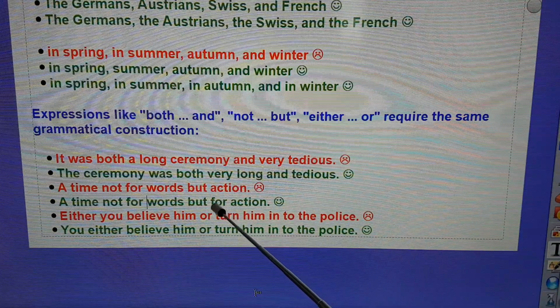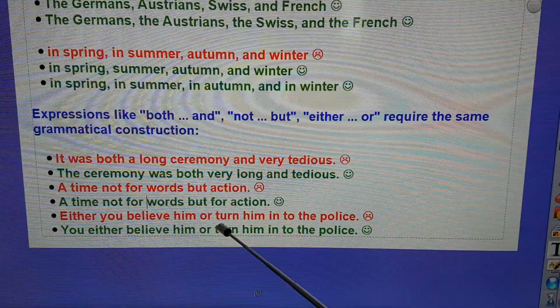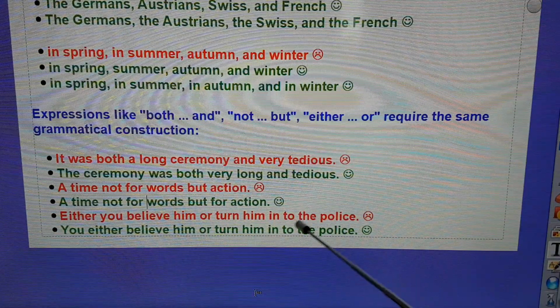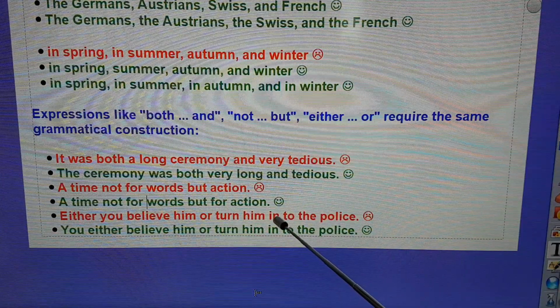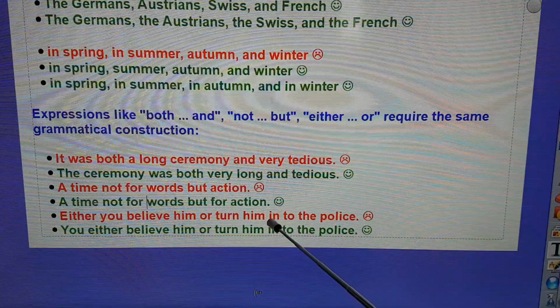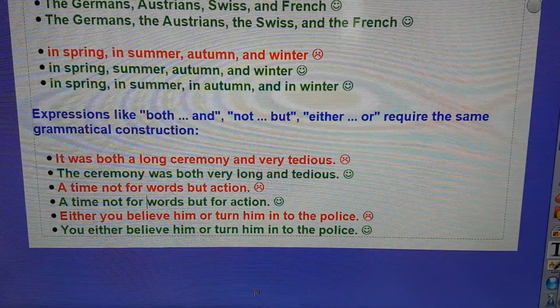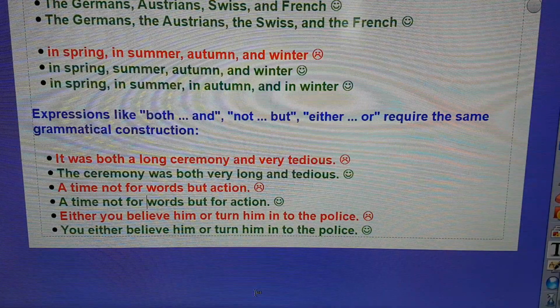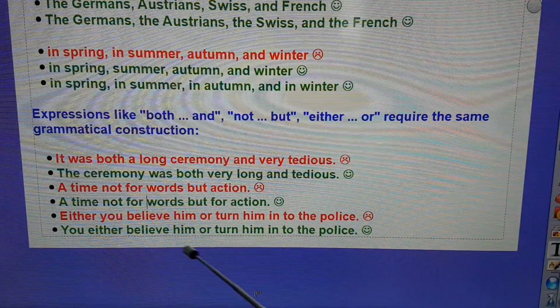Okay? And this one, either you believe him or turn him in to the police. You read this structure all over the place. I even found this in a dictionary. But no, it is not elegant style. Either or goes